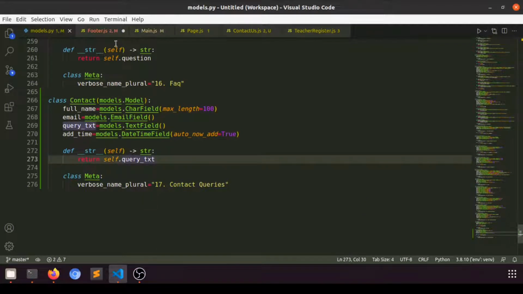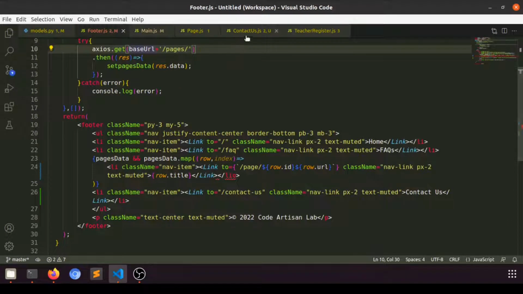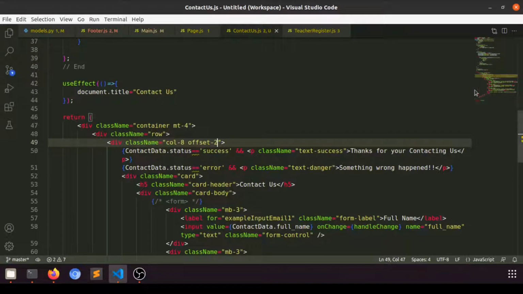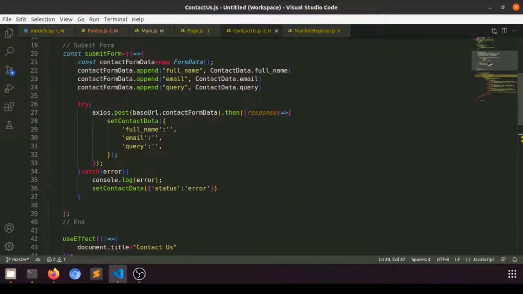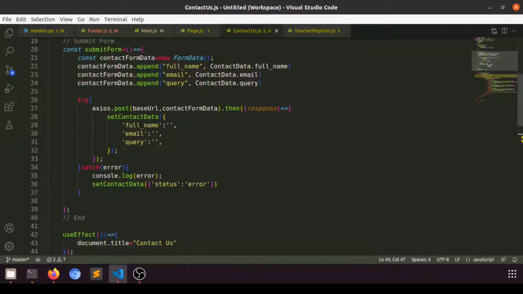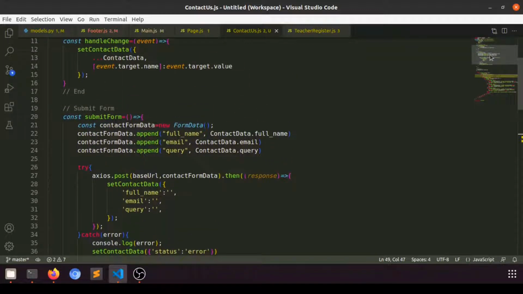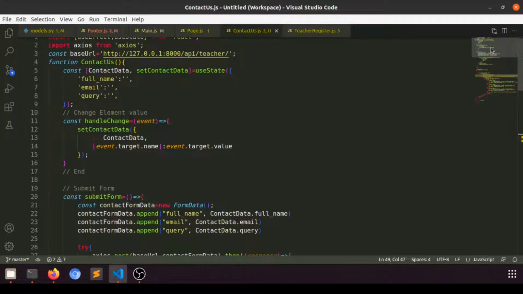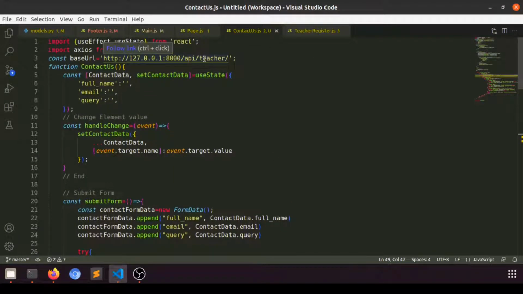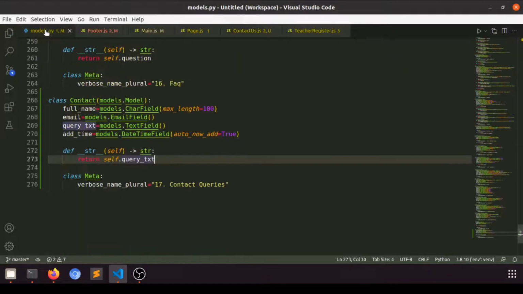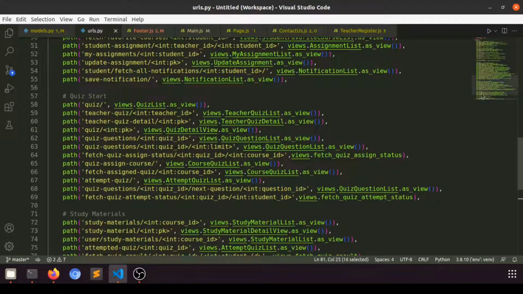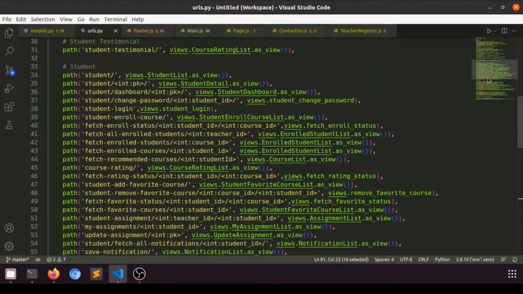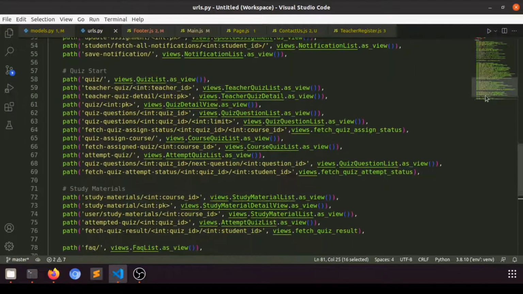Now we need to save this data, we need to save the contact data. Okay, similarly we are sending this data, full name, email and query. What we need to do, we need to run this URL. This is our base URL, so we will say contact, right? Let's go for the URL. Okay, and we will create, okay, so here we have